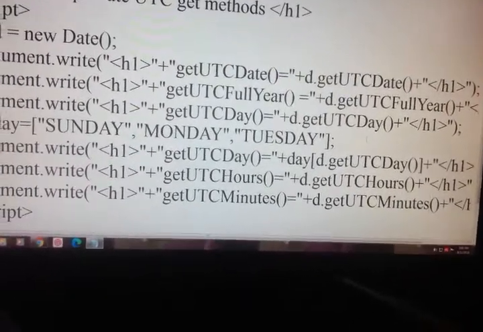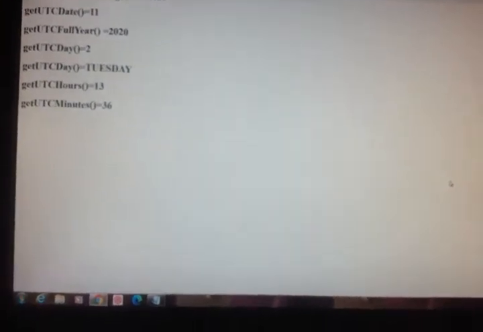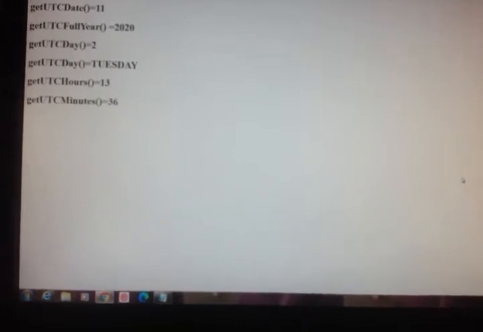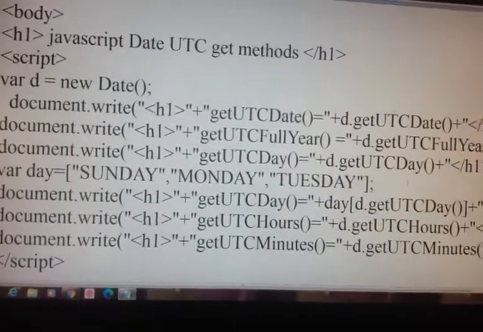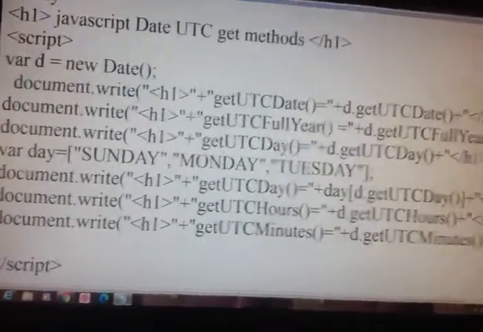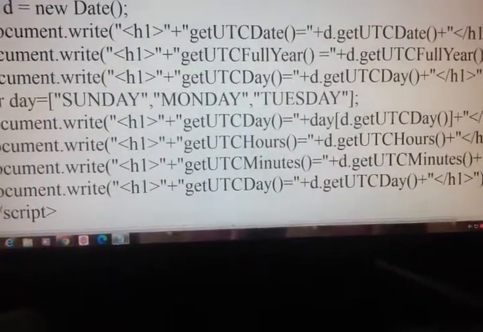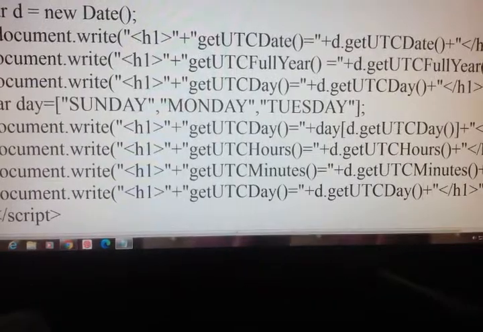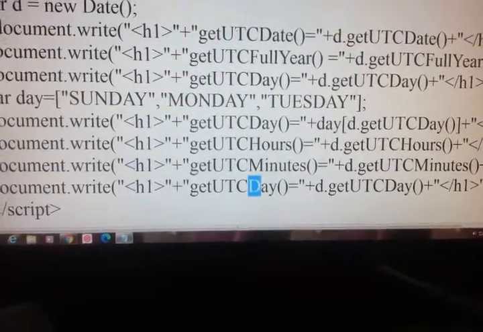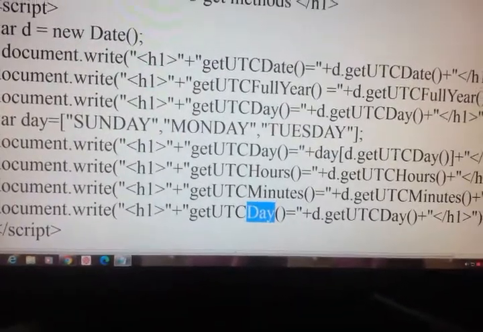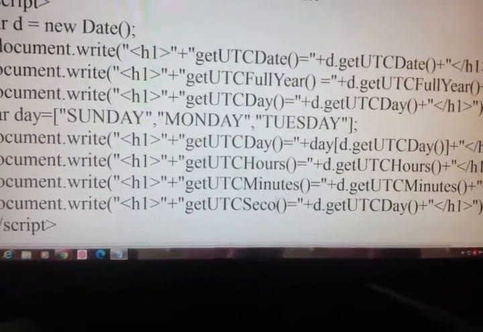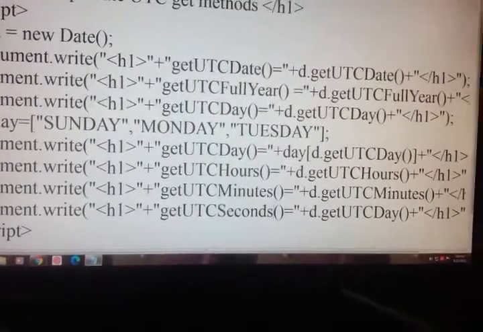Save. Minutes I got 36. Then seconds, get UTC seconds.